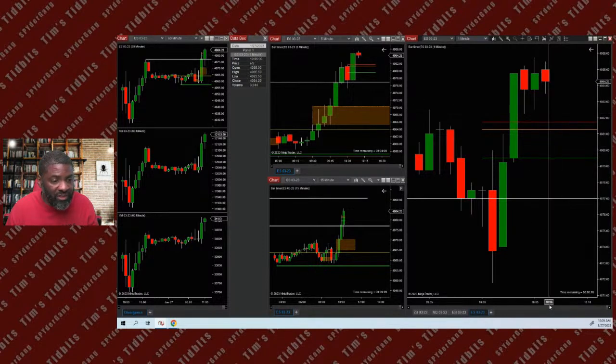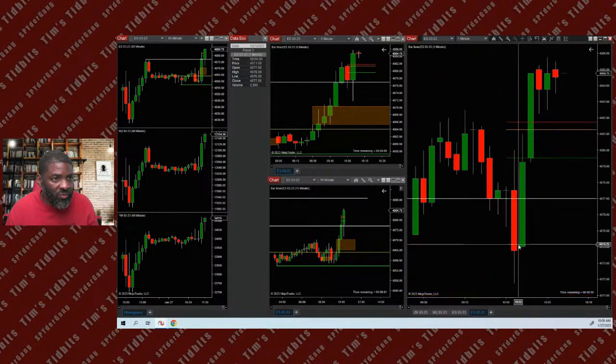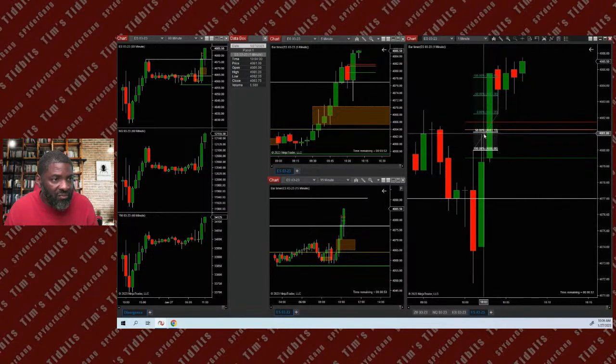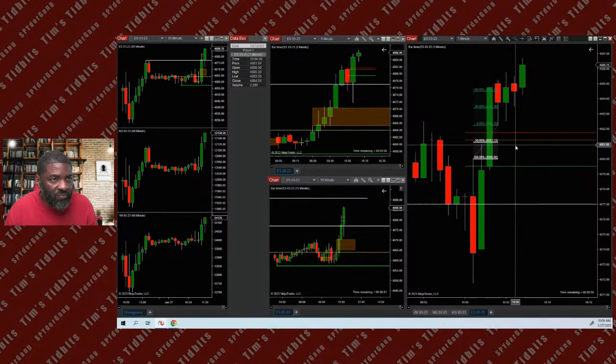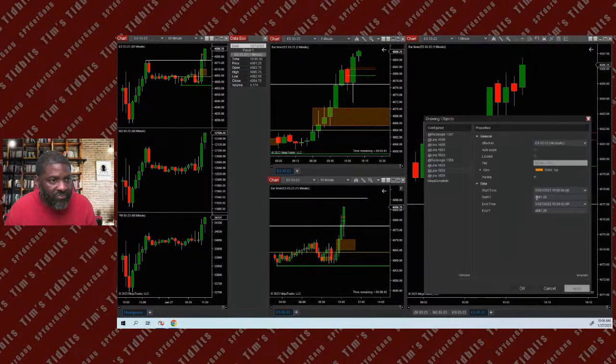This is the 1 minute chart. Looking at this 1 minute fair value gap right here, this is just how I mental traded. The mean threshold is right there. If price comes back to the open of the order block, we're going to use the open of the order block as the entry at